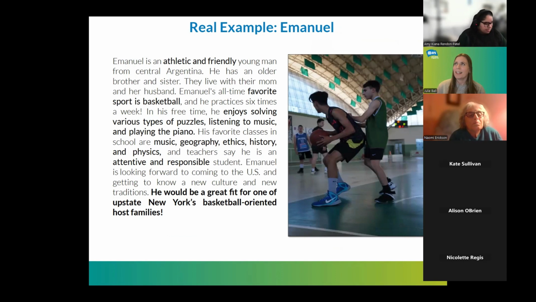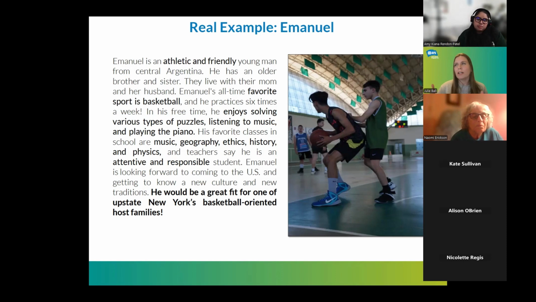Here's a real example of a student bio. So this is Emmanuel. He's athletic and friendly. Again, we've bolded the key points. Emmanuel's all-time favorite sport is basketball. In his free time, he enjoys solving various types of puzzles, listening to music, and playing the piano. We list his favorite classes here. His teachers say he's attentive and responsible.